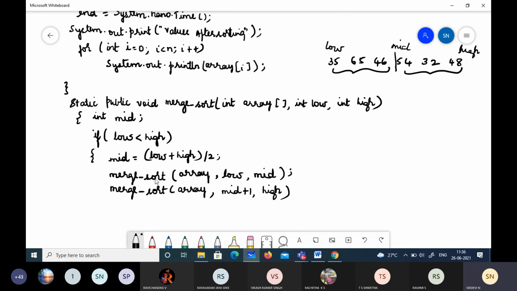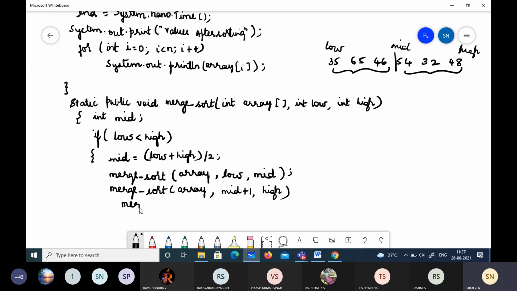Until you divide the array into a smaller problem, where only one element will be there in the array. So that long this will be divided. So I'll just divide array elements and perform merge sort. Okay, I've just divided it by using this merge sort. Later I have to sort it and merge it.